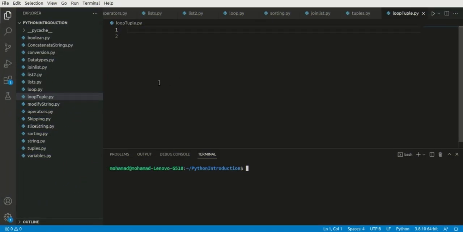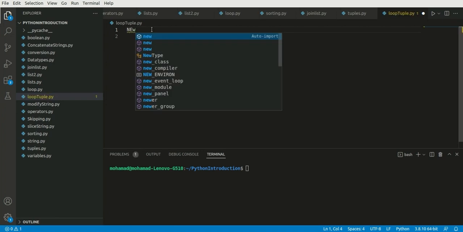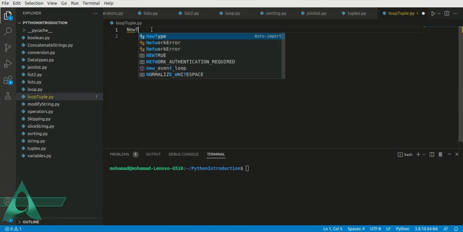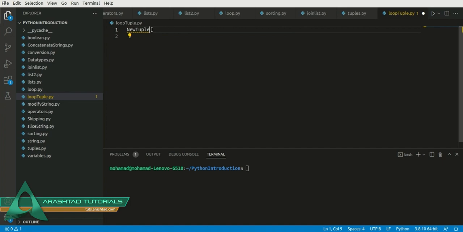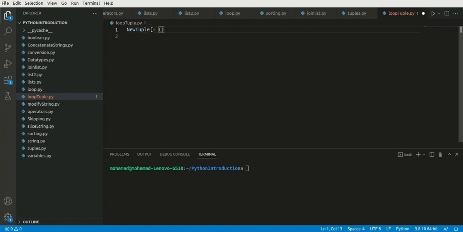In this section of the tuples tutorial, we're going to see how we can loop through a tuple. In order to do so, we're going to create a new tuple and declare it. And inside of it, instead of names, I'm going to use other items, but still they can be strings, for example, the names of states or cities of the United States. For example, here I can write